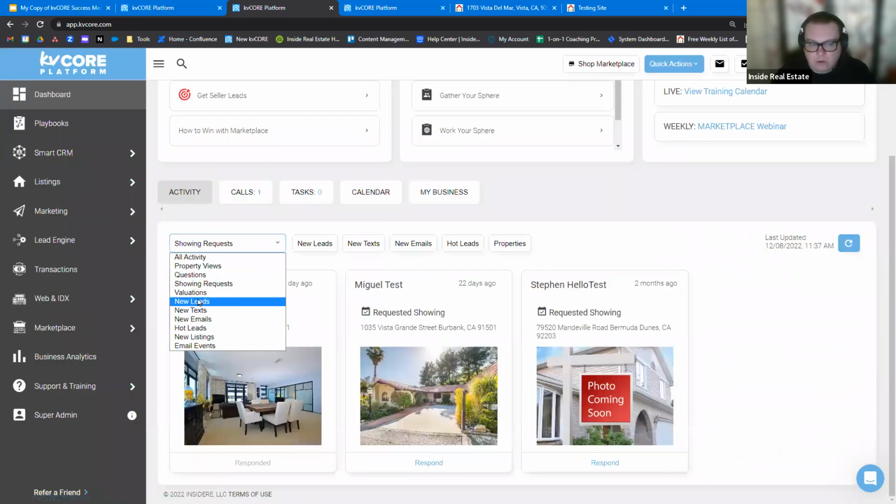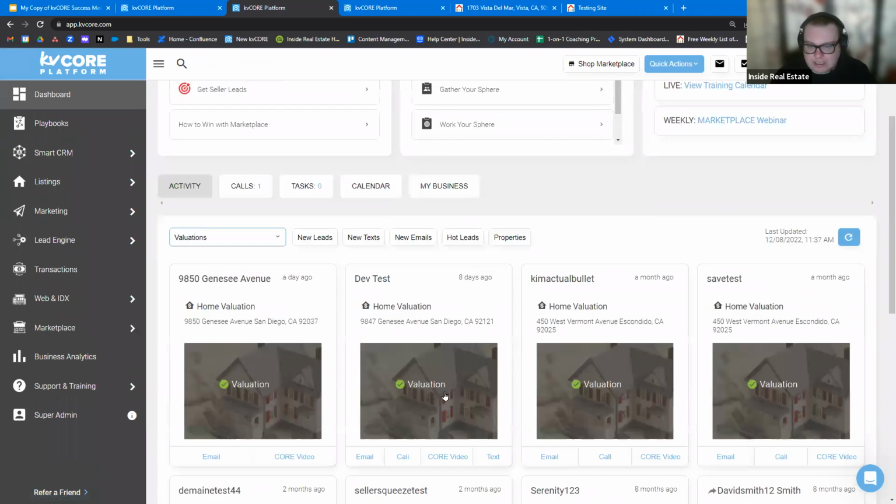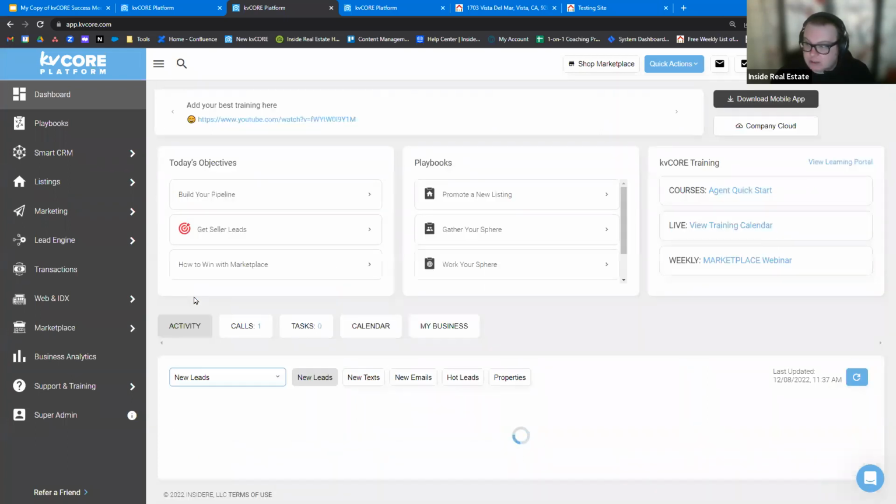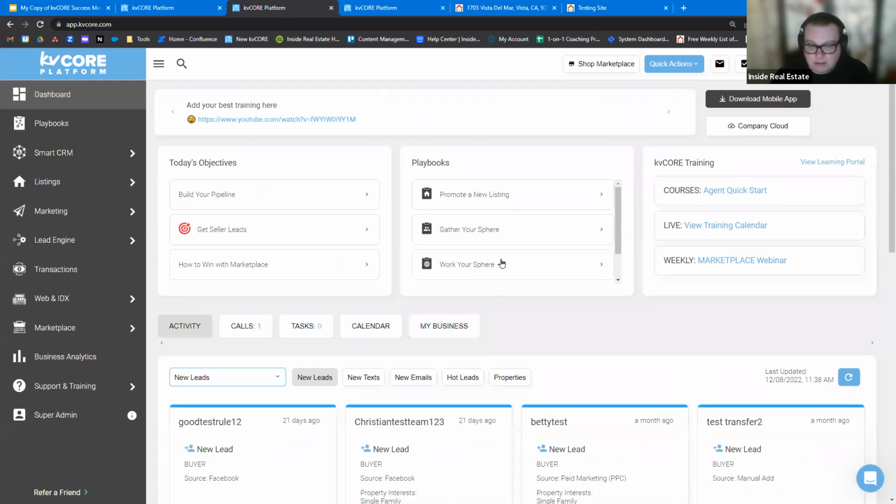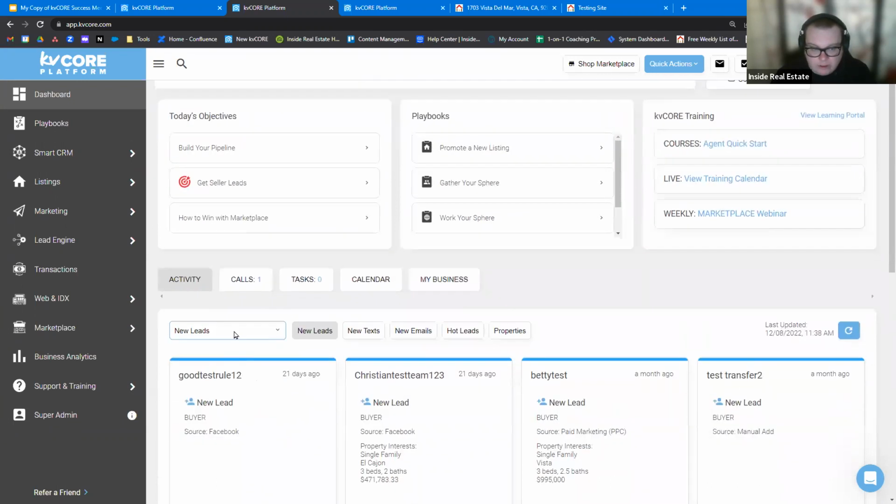And then going beyond this, of course, valuations, seeing what leads have submitted their information. Do you get listing addresses? You've got new leads. Want to focus on the new book of business that you've been gathering? Every new lead that's come in over the past month or set weeks or days. You can go even further. Your leads' interactions, emails, text messages. Folks, this is to help you manage, to help you see what is happening. This is why KV Core is so valuable, because you don't have to look at this one by one. You can see it all